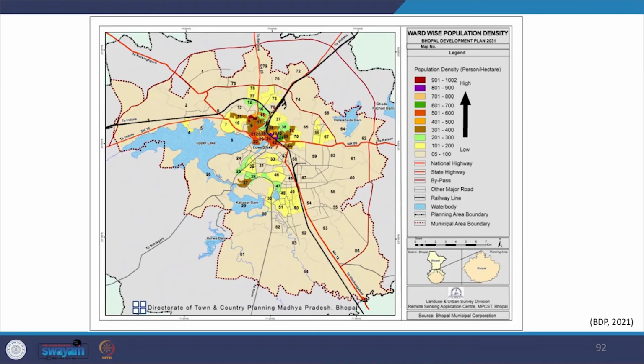Considering the developed area of the city, the population density is 104 persons per hectare. The population of Bhopal as per census 2011 is 19 lakhs against the projected 25 lakhs estimated in the year 2005. The estimated population was not achieved even in the year 2019.